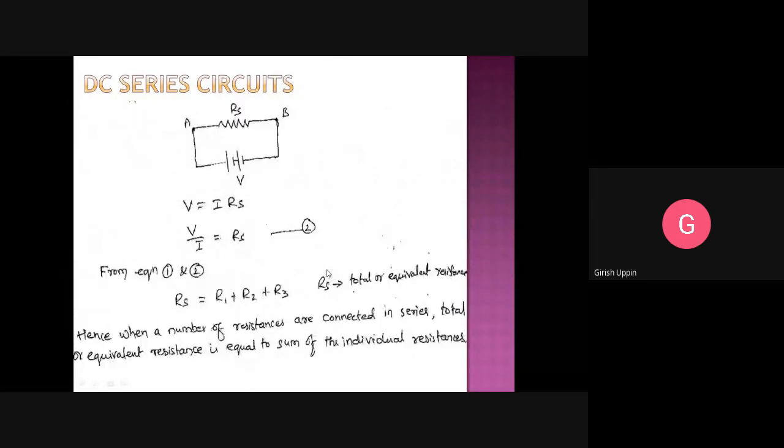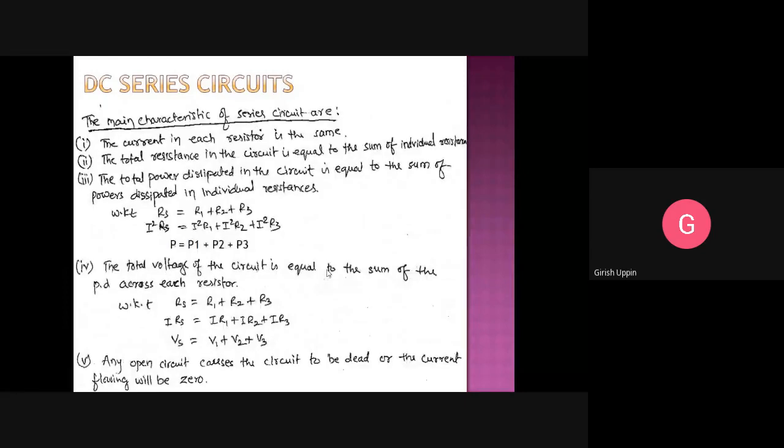When we are doing the analysis of the electrical circuit, we want to simplify. How to simplify this? Instead of having 3 resistors, I can have only 1 resistor. What would be the value of that resistor? R1 plus R2 plus R3. So that is how we can simplify. If you find any resistors that are in series, just add them and put it as one resistor.